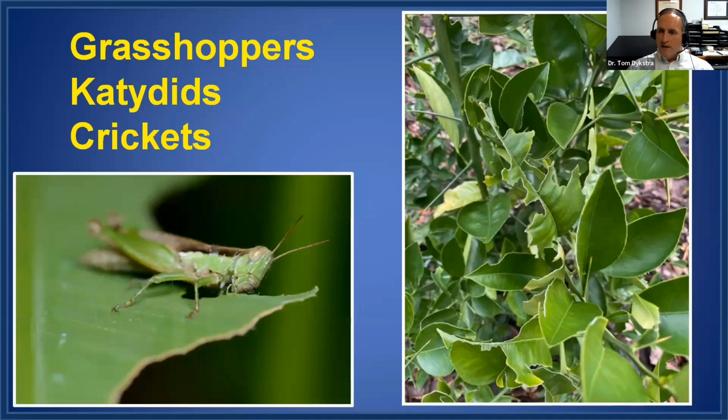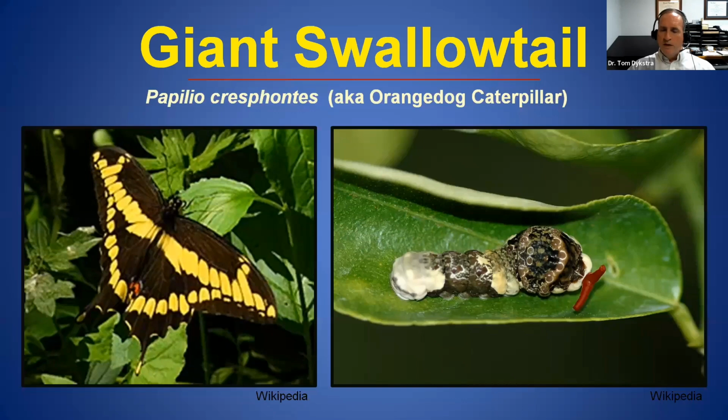Over to the right, I have a citrus plant. The citrus plant, as you can see, especially with the middle leaf right there, has been eaten by both grasshoppers and katydids, which have been found on this particular plant. Some of the other leaves are looking pretty good, but the more weakened ones are, of course, the ones that are being attacked. And you can see that this is kind of going to be the first stage attacking the citrus. So as we move on down the line, I'm now going to talk about other citrus pests.